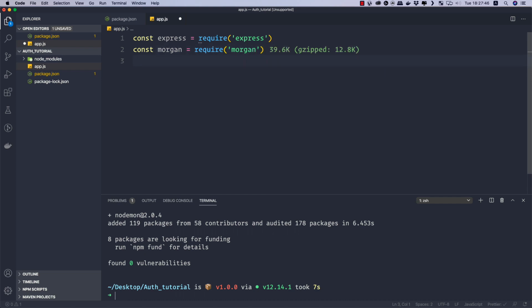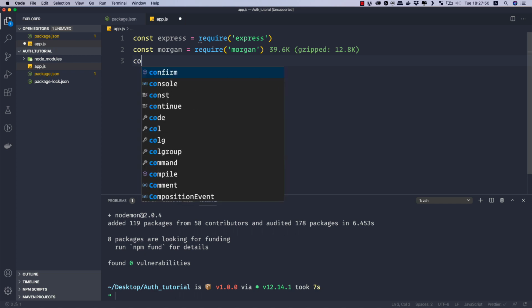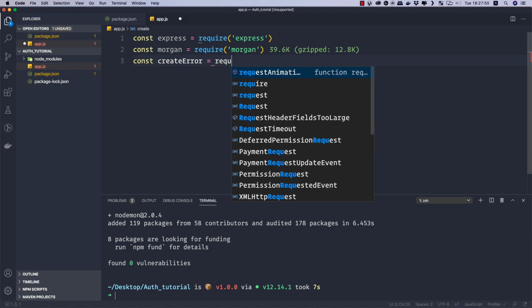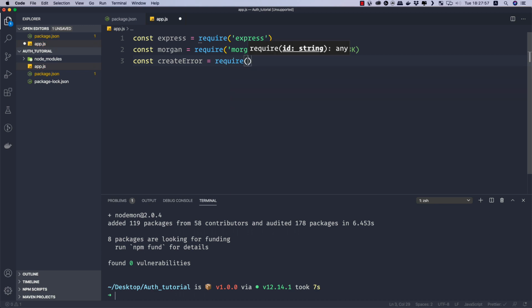And now we also need the http-errors package, so let me import that also. So const createError, and this should be equal to require http-errors, not http but http-errors, like this.